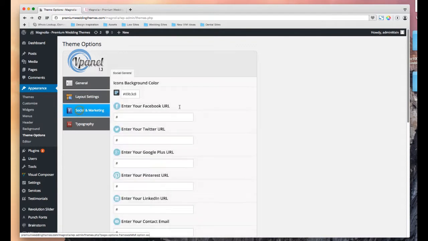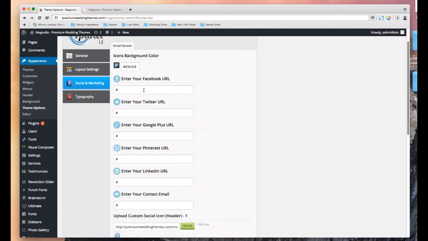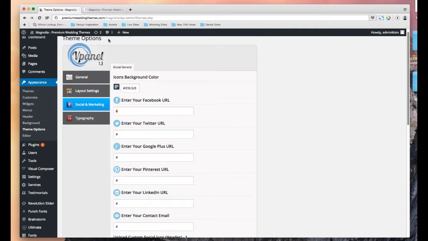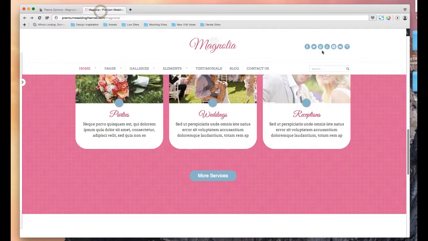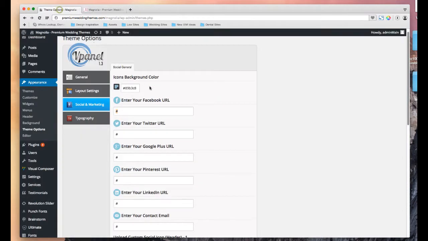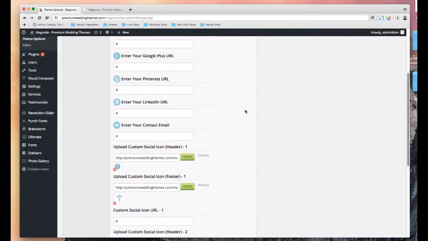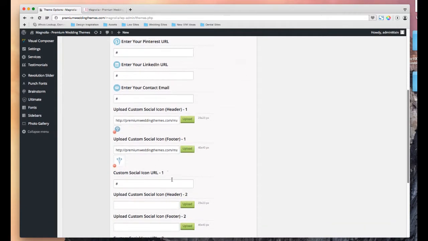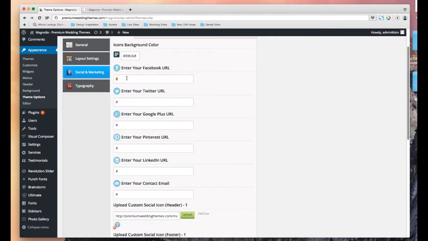All right, your social marketing. Basically, we have preloaded the popular social media icons, Facebook, Twitter, that kind of thing. They only show up if you enter in a URL. If you do not enter in a URL, they will not show. As well, you're also able to upload your own icon. So if you have an icon that we don't have here,